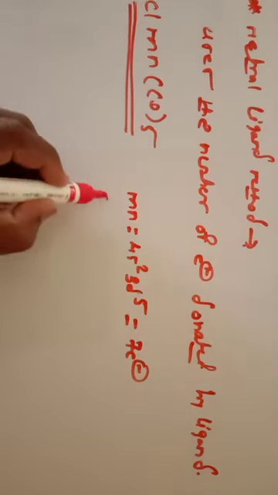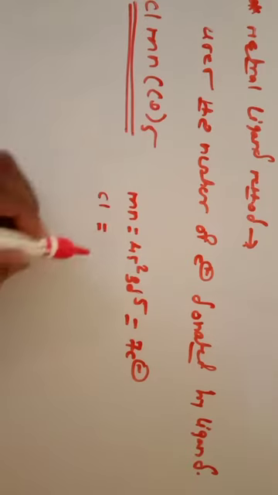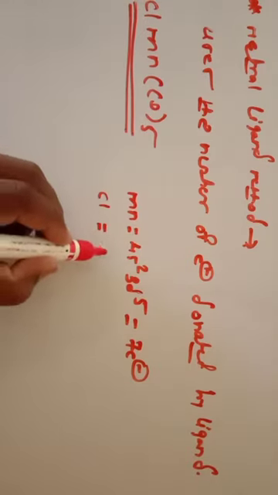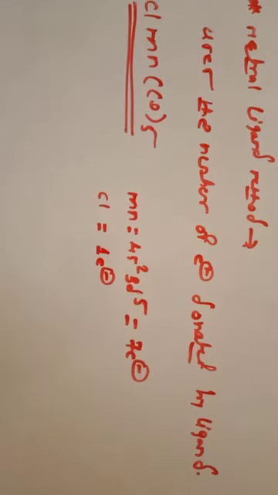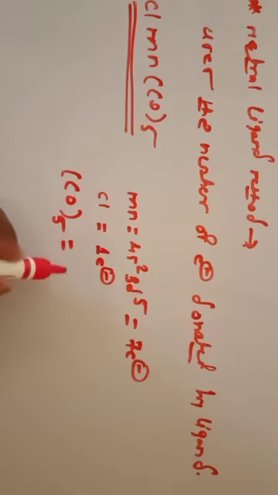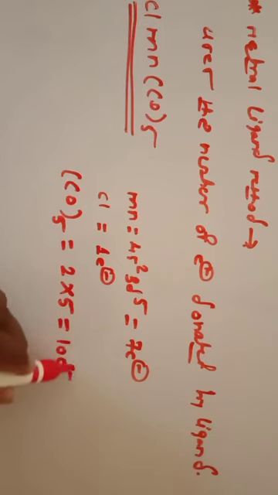Then the chlorine, it contributes 1 electron. So in this case we are not considering the charge, not considering the oxidation state of the metal atom. So Mn contributes all its electrons, Mn in zero oxidation state, 4s2 3d5, 7 electrons. Then chlorine is a 1 electron donor. And the carbonyl, we are very much familiar with it. It is a 2 electron donor, so total 5 carbonyls contribute 10 electrons.